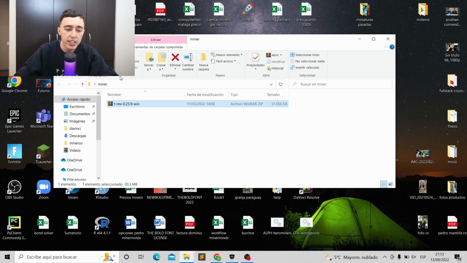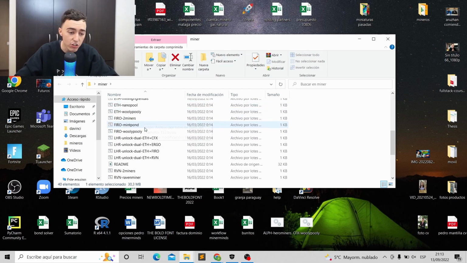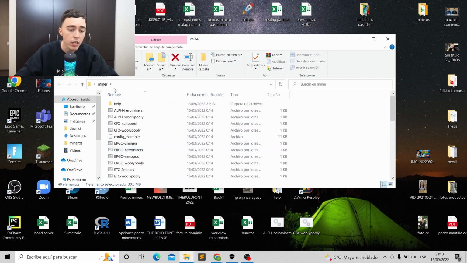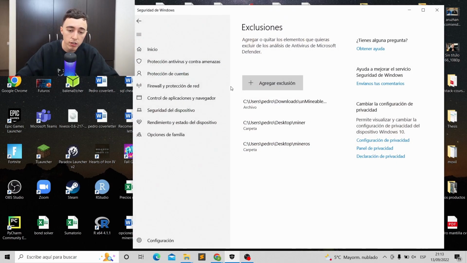And basically we will extract all the files here. As you can see, there's a lot of files. That's why I recommend putting it in a folder. Also important, in case Windows Defender tells you that the thing you are downloading is a virus, because